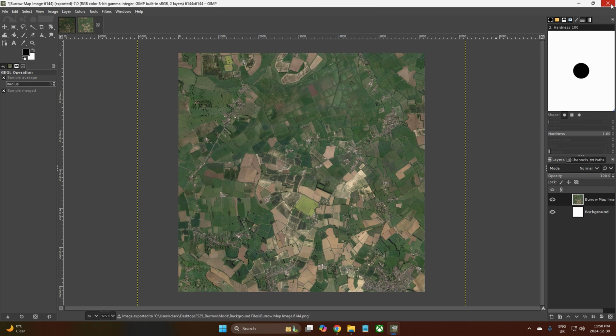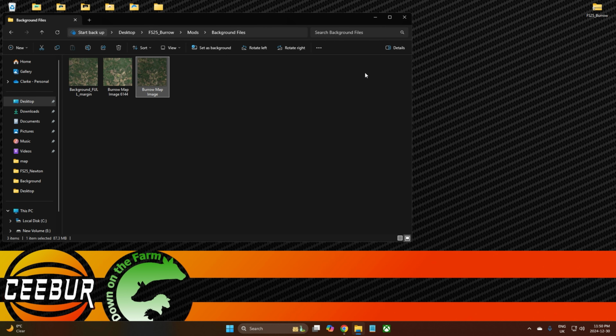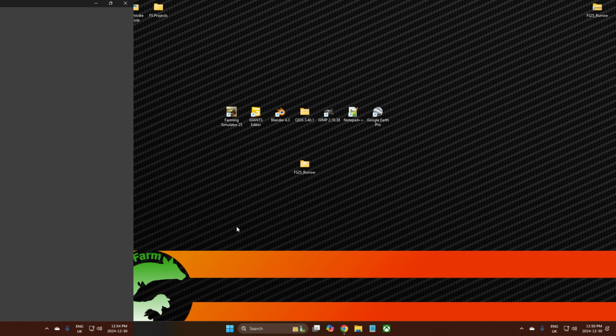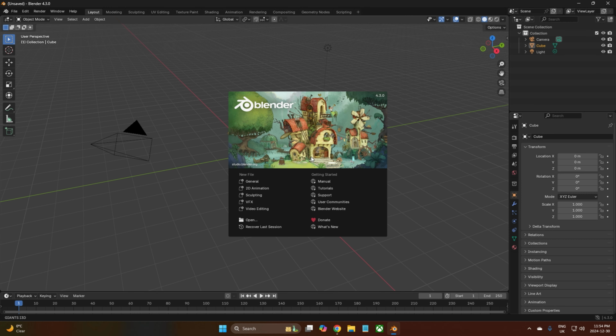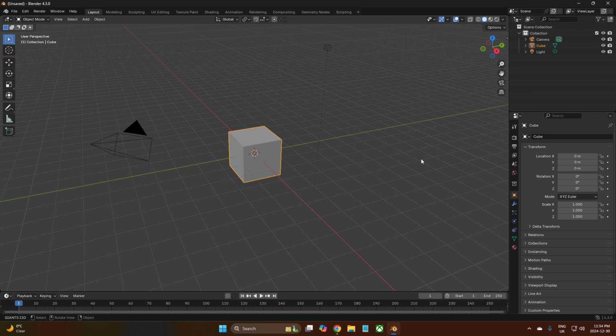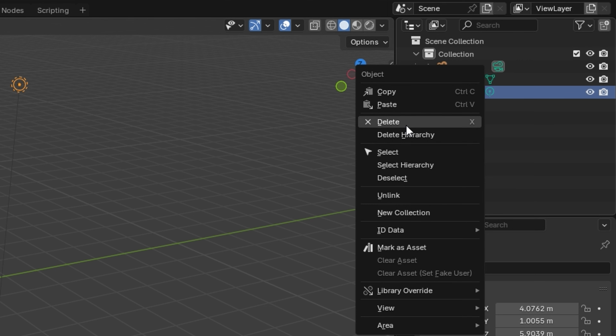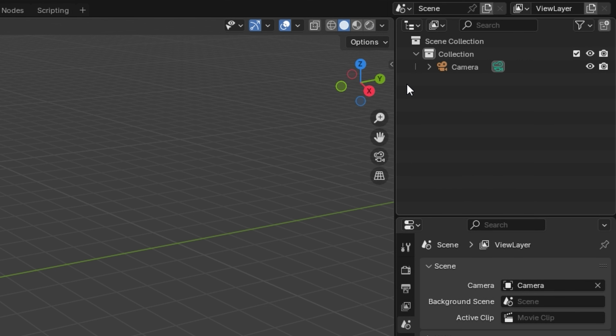So we can now get rid of this. We don't even need discard changes. Close that down, and now we are going into Blender, and once we come in here we'll be greeted with a greeting screen. There it is. We don't want this, so just click off to the side, come up here to the right, we've got light, cube and camera. Right click on each one and then just click delete,